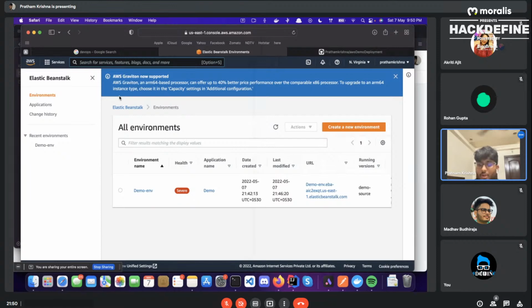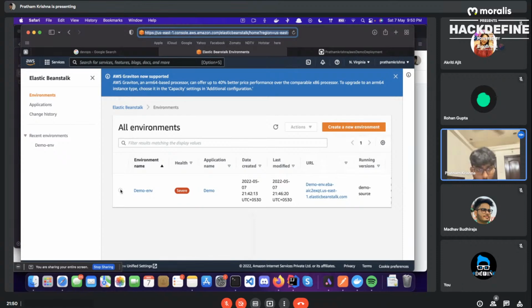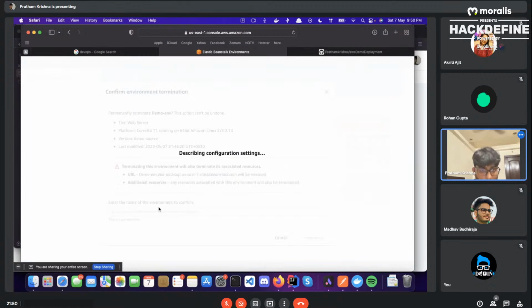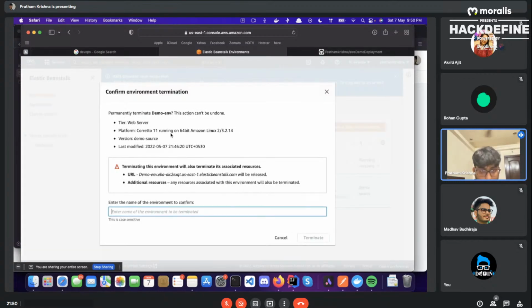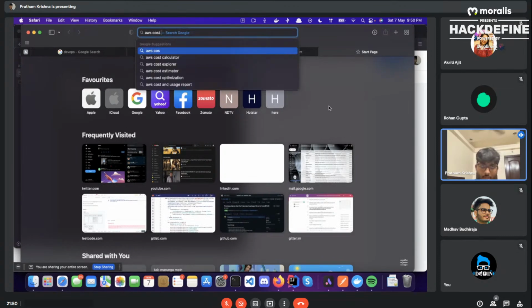For a couple of services, you get about three months of access for free. Coming to the pricing, let us open it. Let me just kill this one, terminate. Okay. Moving to the AWS Cost Calculator.